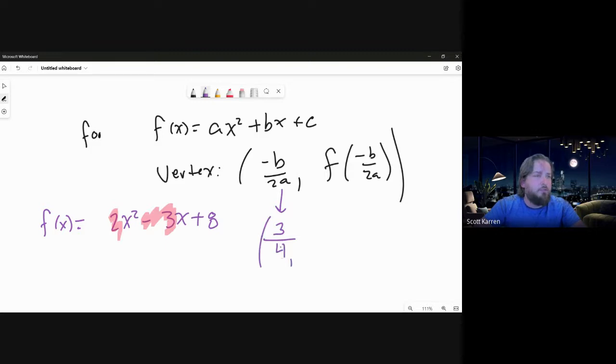And then if I evaluate the function at 3/4, right? So f of 3/4 is